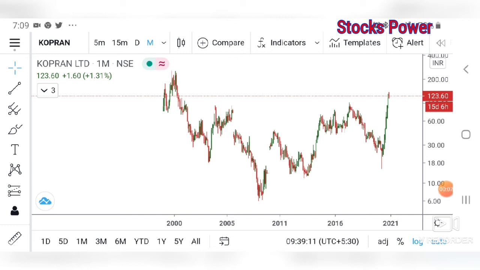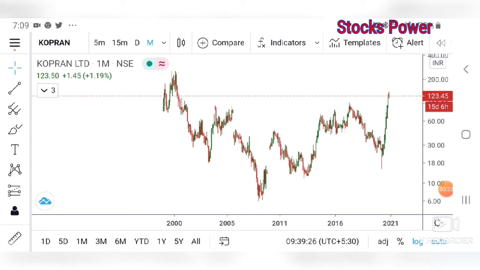So we will check the next stock, but Tata Steel also, as it has not given breakout comparing the last 50 high. So we will check the next stock which has given breakout in the past month to become a multi-bagger stock, which I had selected in the last 2 to 3 months. So you can see here Copron Limited.